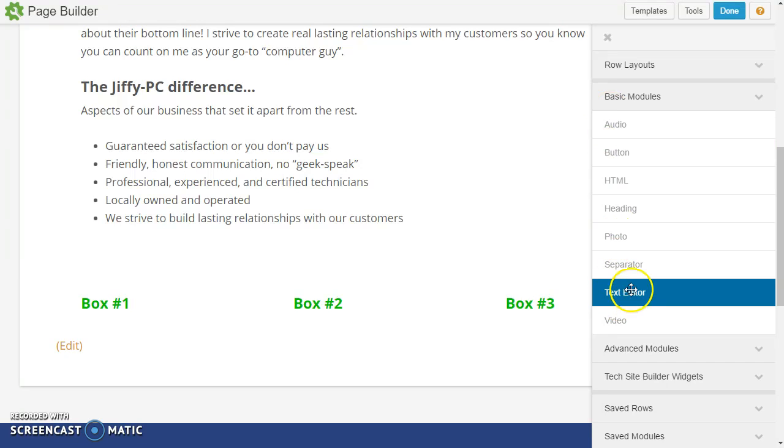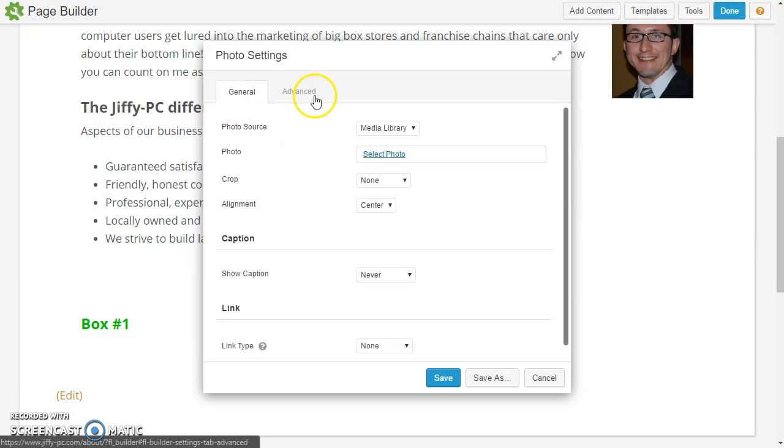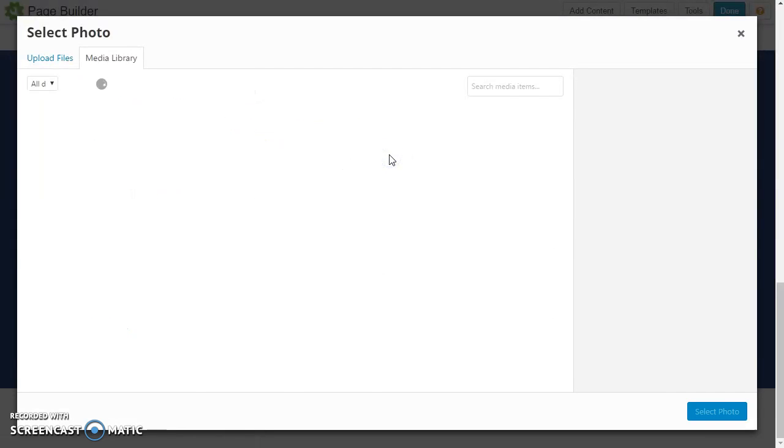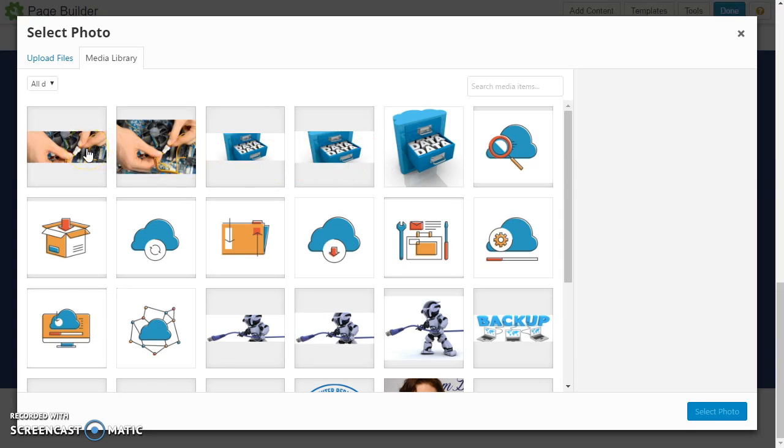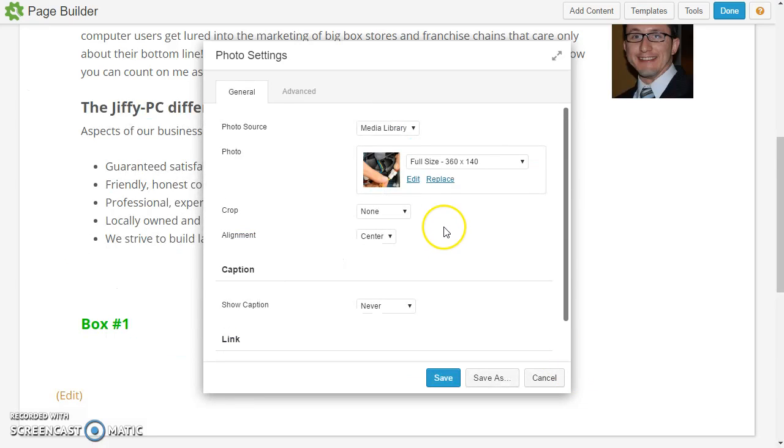I can add maybe an image to each of these. So I can throw in a quick image from my media library. I'll select the photo, and in this case I'll choose one of my images that I use for the service boxes. It's a good size to use in this case as well. So I'll select the photo,